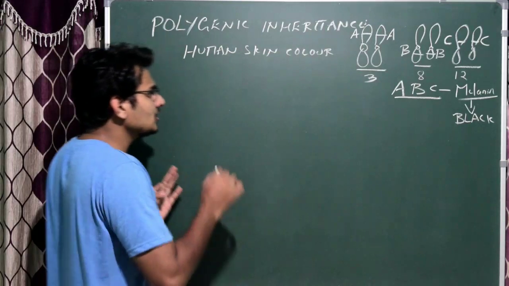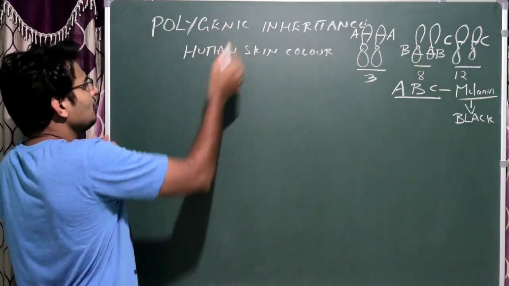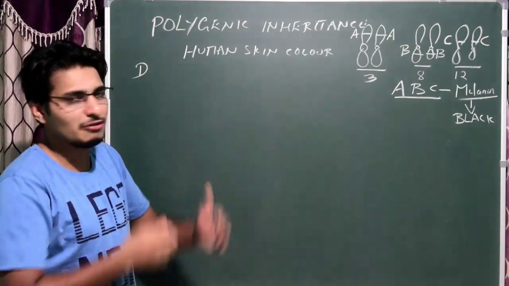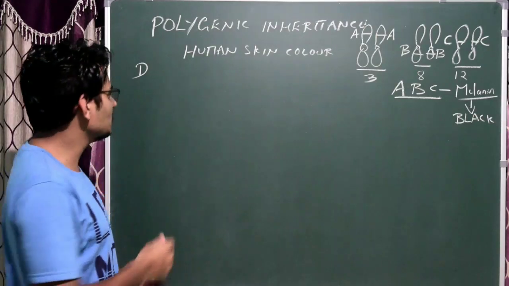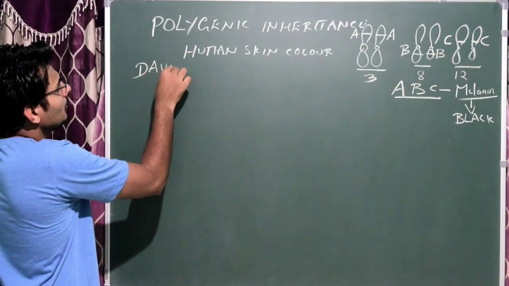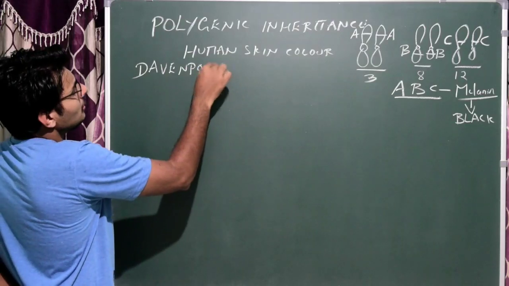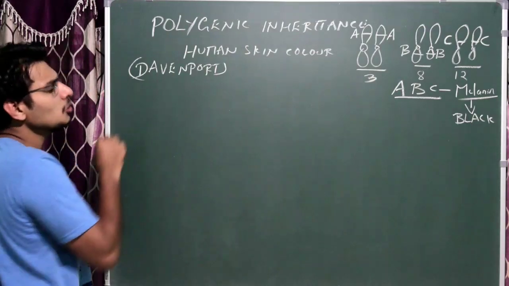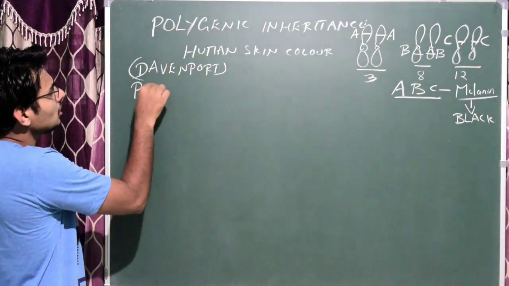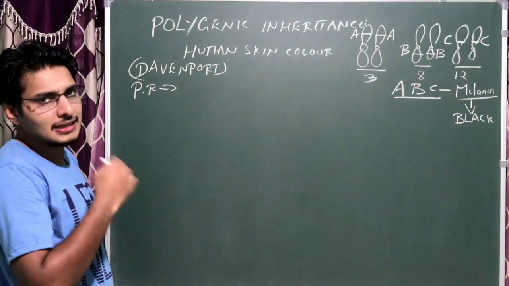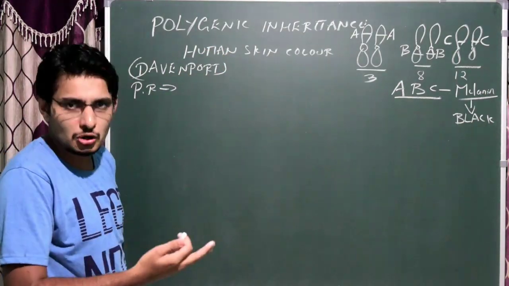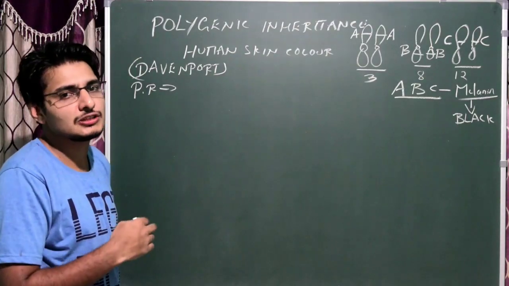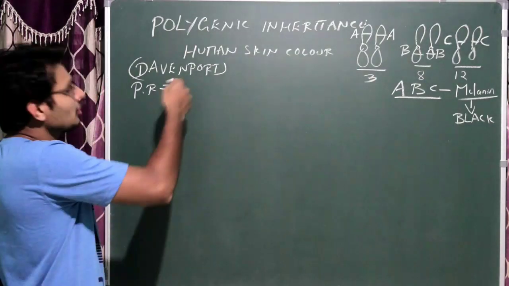So let us just understand human skin color. I'll just give you the name of the scientist who actually conducted or seen this particular development of colors in each individual. The name of the scientist is Davenport. Just remember it. Scientist called Davenport, and you have to remember one more thing, that is the phenotypic ratio. I'll write it. Phenotypic ratio of this human skin color. See, the experiment is very simple. It is a tri-hybrid cross. Okay, so you know that the total number of offsprings which is produced in F2 generation will be 64, correct? Okay, so phenotypic ratio